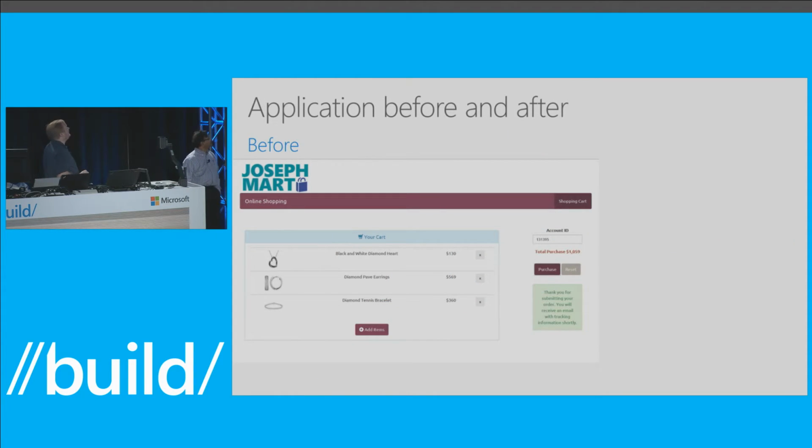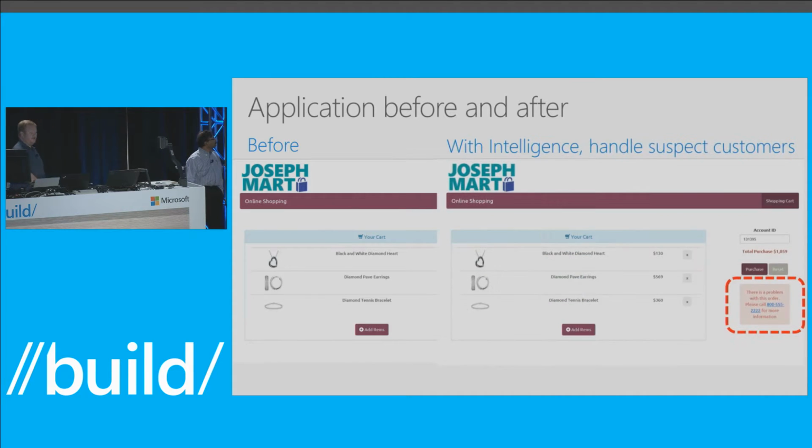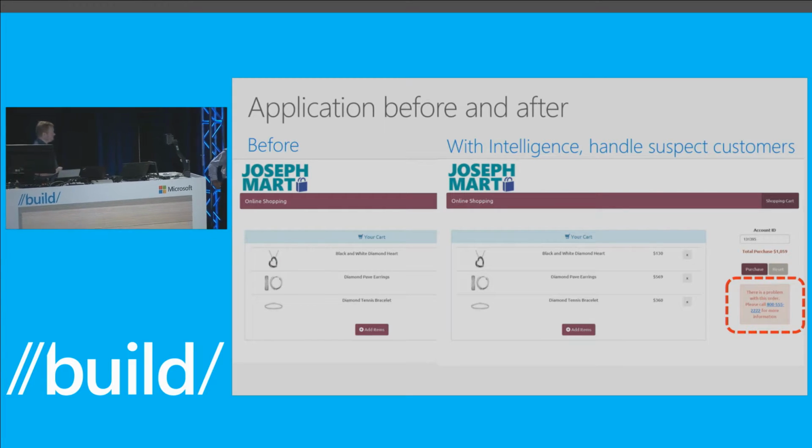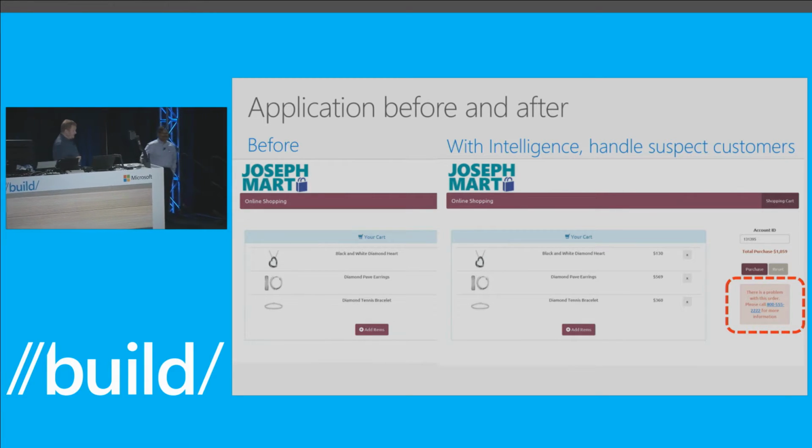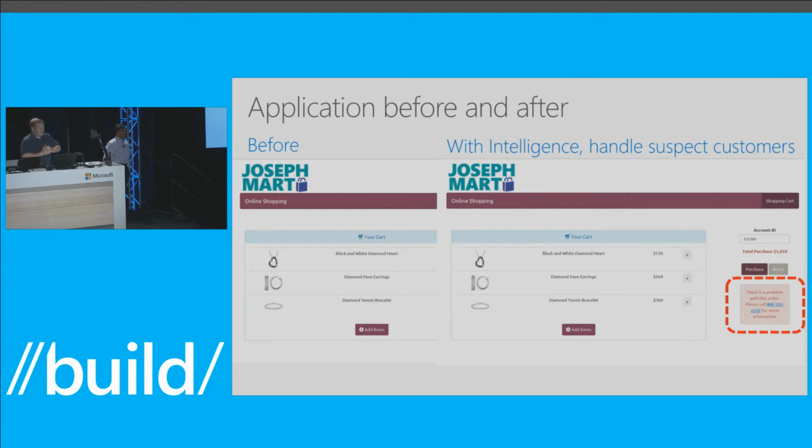So now what we want to do is get the app from this before picture to one with intelligence saying, okay, this is a suspicious customer, you have to call us to make the order versus just submit it online. And then we'll give you some tender loving care. Yes, Nagesh will take care of that. So let's jump in